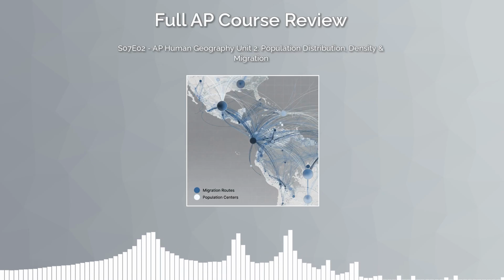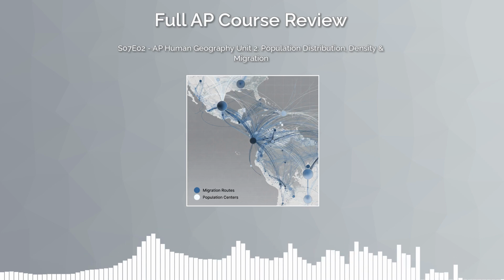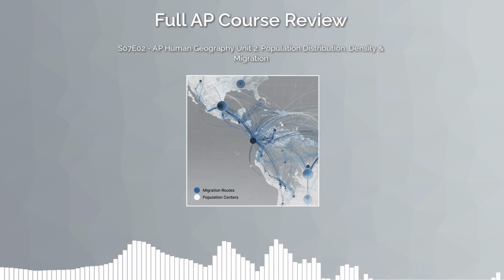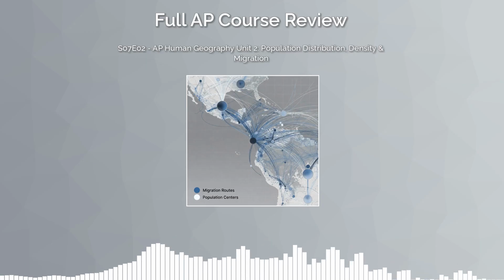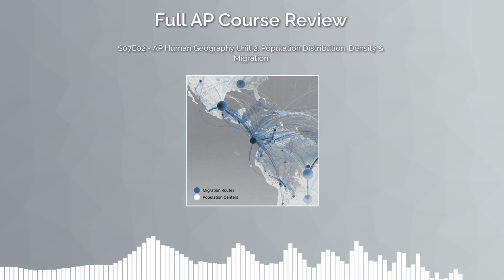2.12 Aging populations and dependency ratios. What's actually going on here? Imagine your household has 5 people living in it. 3 of them go to work every day and bring home paychecks. The other 2, let's say a toddler and an elderly grandparent, depend on those 3 workers for food, healthcare, and